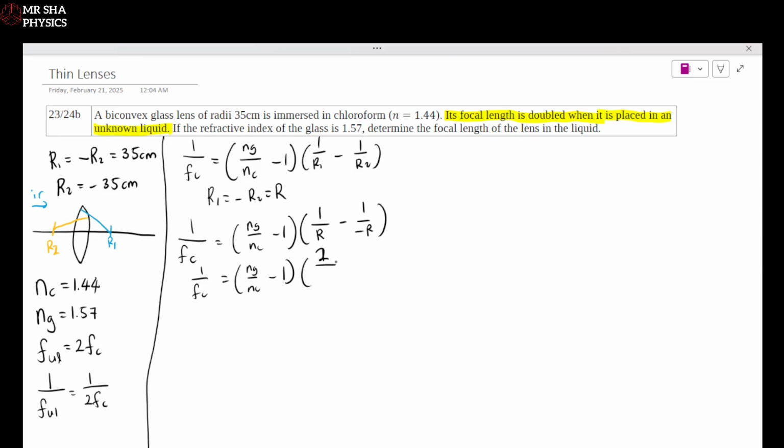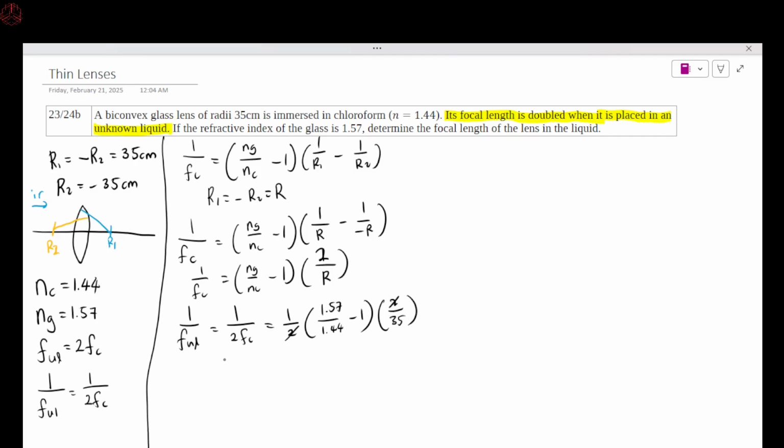And what I have now is Ng over Nc minus 1, and then 2 over R. Okay, now if I were to find 1 over FUL, all I need to do is take half of this 1 over FC. So that means I will have half times 1.57 over 1.44 minus 1. Then I have 2 over R. And that R, I can substitute the value at this point, is 35 centimeters. I can cancel out the 2's, and I'm left with 1 over FUL is equal to